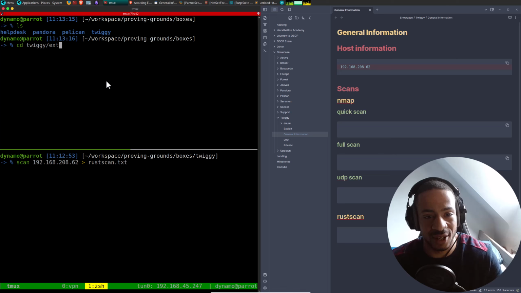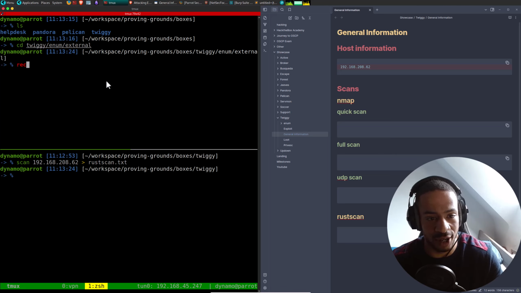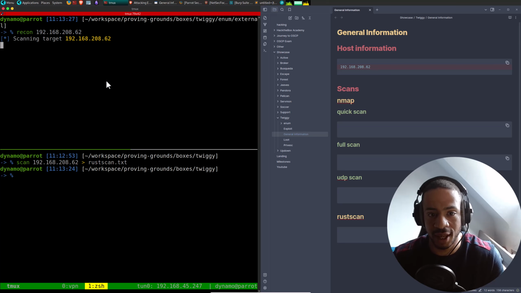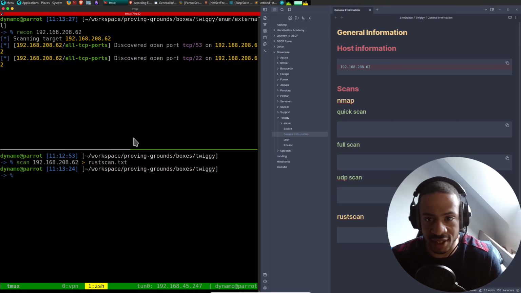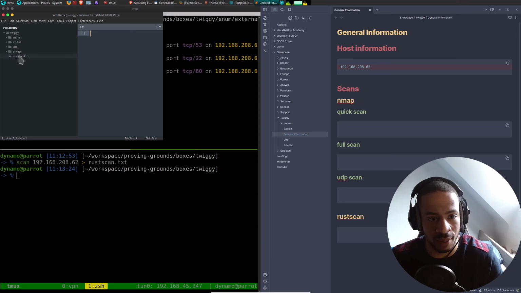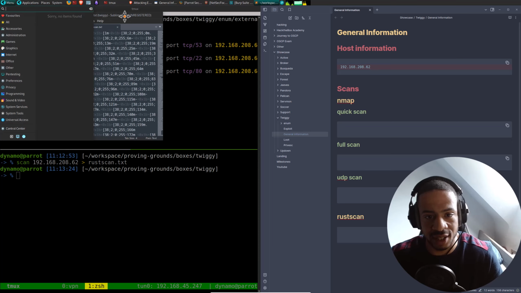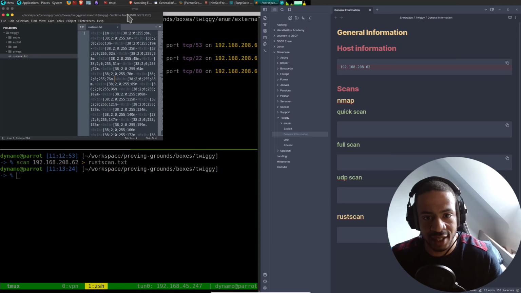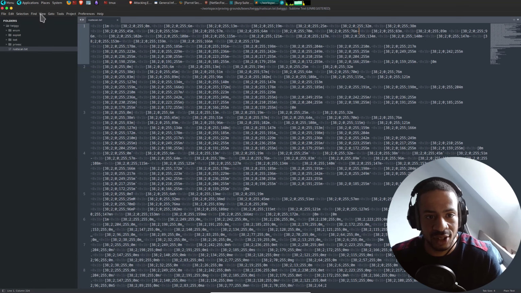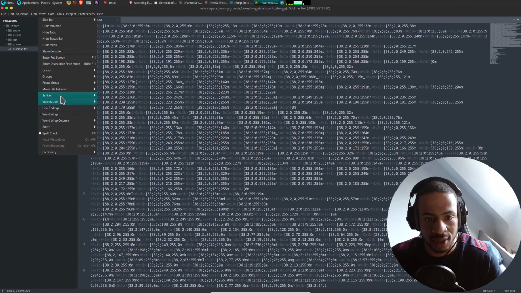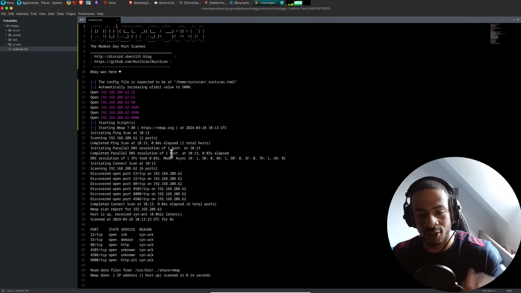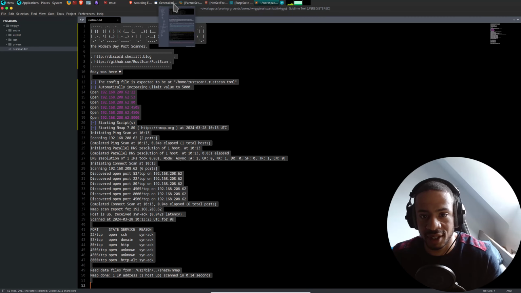Go into enum external, and run auto recon on the IP. RustScan is done, and I can now show you what I mean. Here, this is what I usually hate, the ANSI text, and I can just go to View, Syntax, and ANSI. Of course, I had to install that package, but there we go.